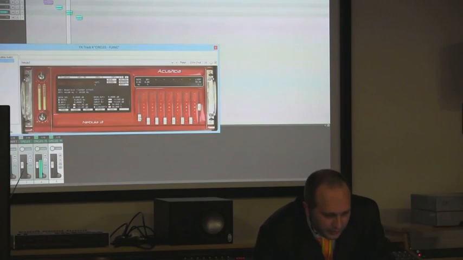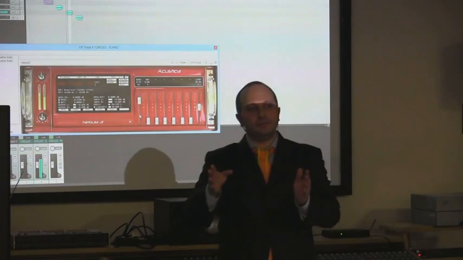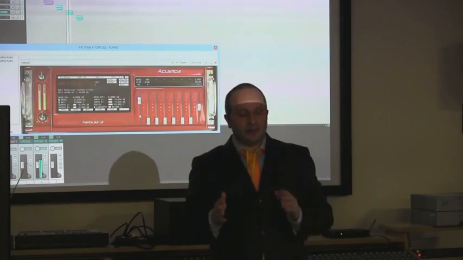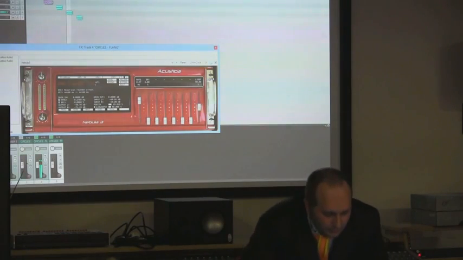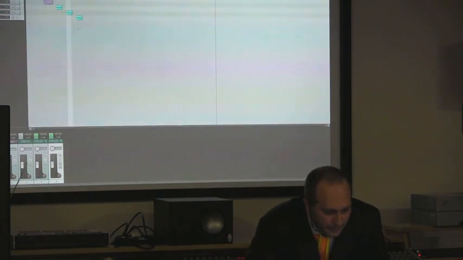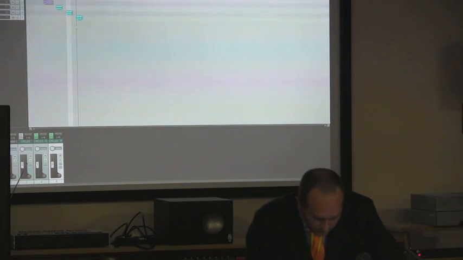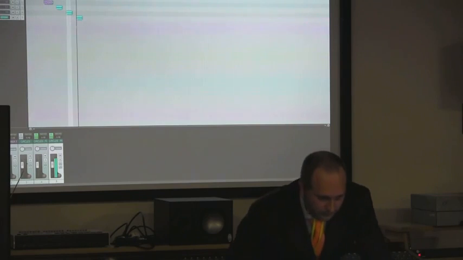And I can move, I can change the rate. I can go fast because the samples can be tuned at a different sample rate. For example, you can sample a classic phaser.